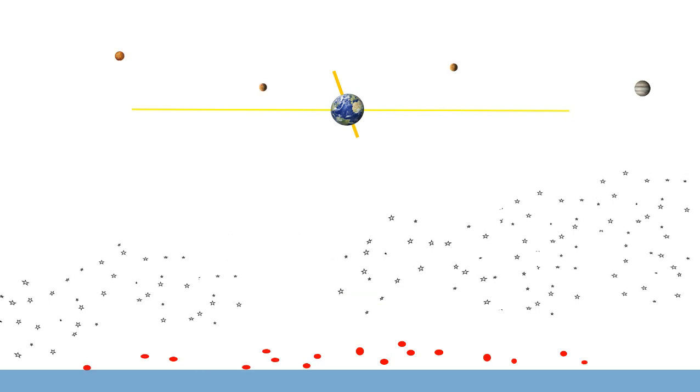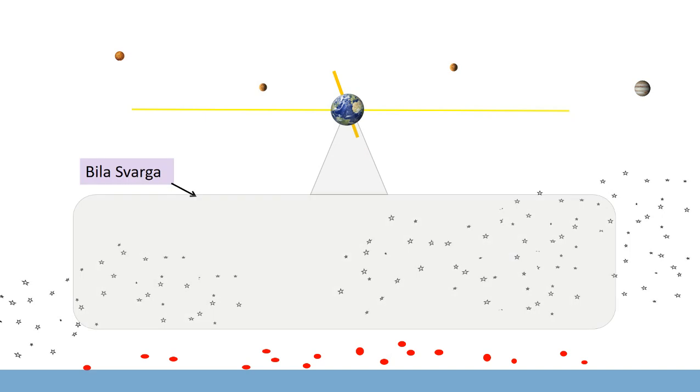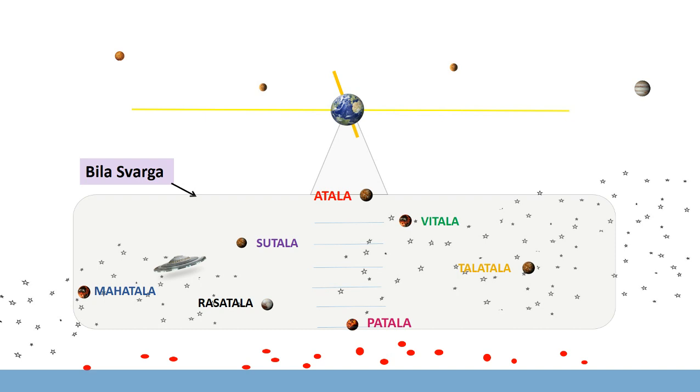Of course, looking at this graph again, if you go inside the Earth but also outside at the same time, we end up in the realm of Bilasvarga, where various other lower planets can be accessed: Atala, Vitala, Sutala, Talatala, and so forth. Of course, they're not physically within the Earth, but spread throughout the universe, and other planets in the solar system may be able to access them too.